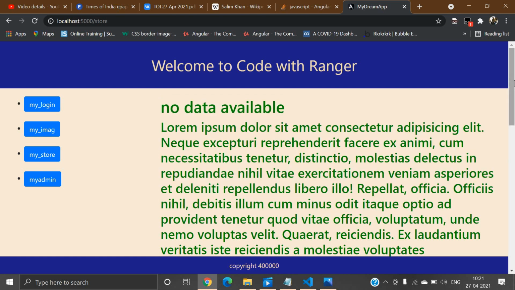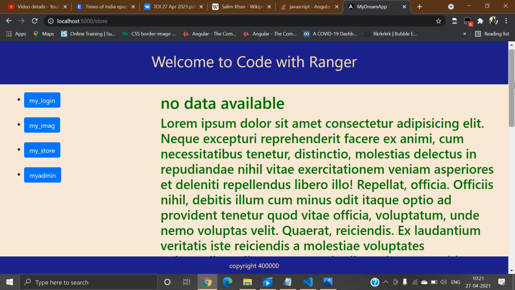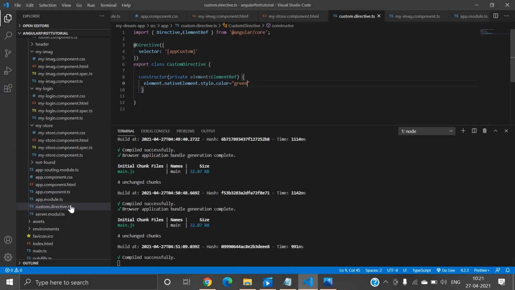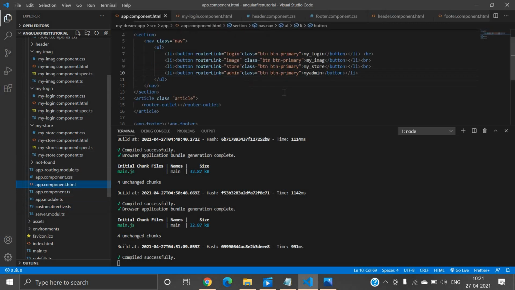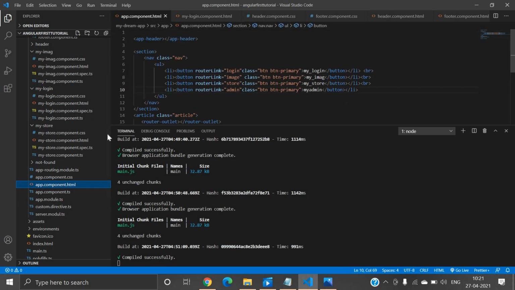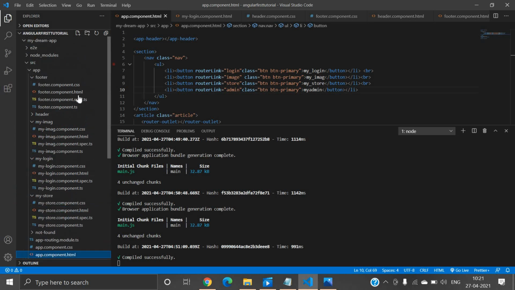So this is very simple. The main advantage of custom directive is that you can use it for code reusability. You can use it anywhere. Let's say I will use it inside app.component.html, and inside this file, let's move to the header part.